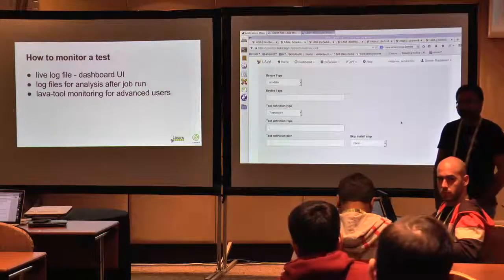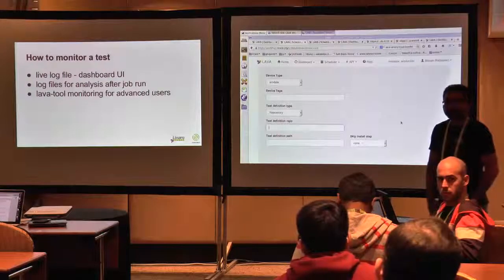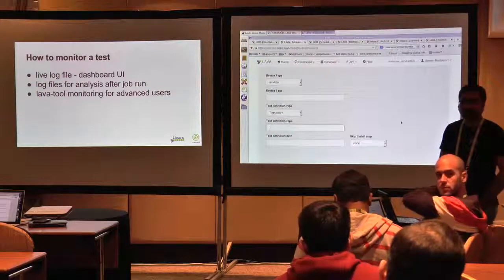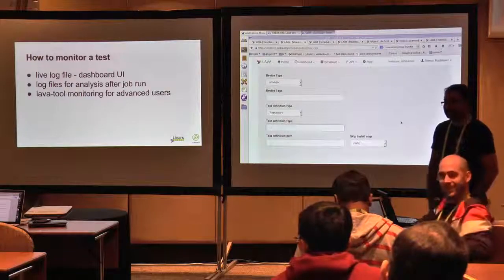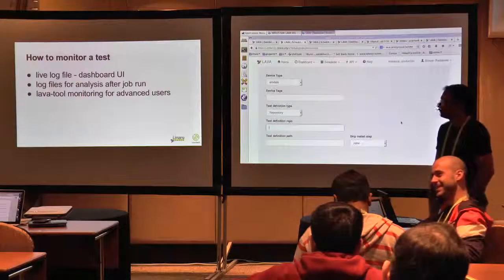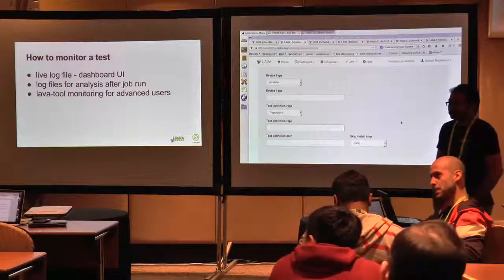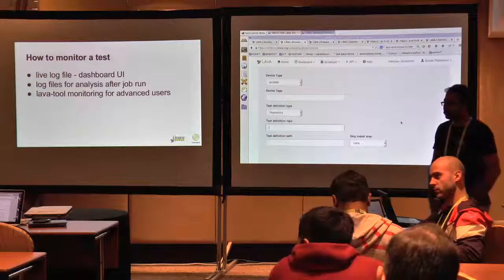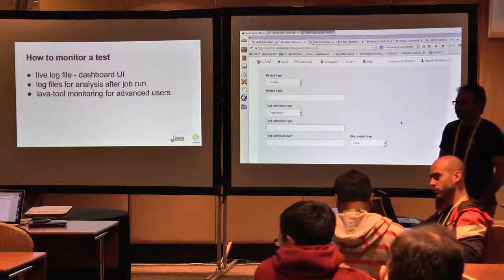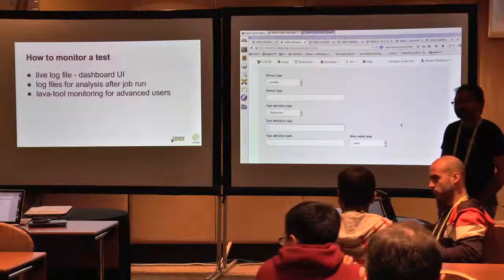What I was trying to do was also track the changes in the tests themselves. It proved to be a bit difficult, but again, we'll be supporting that. We'll also be supporting this test was an NFS test, this was a Randis test. You'll get that data in the future.